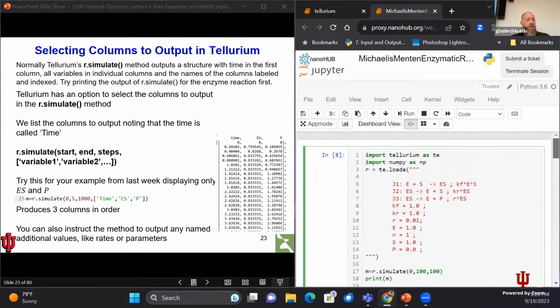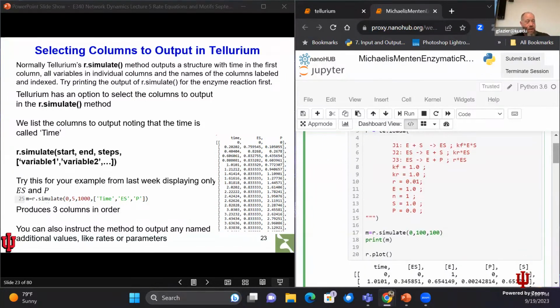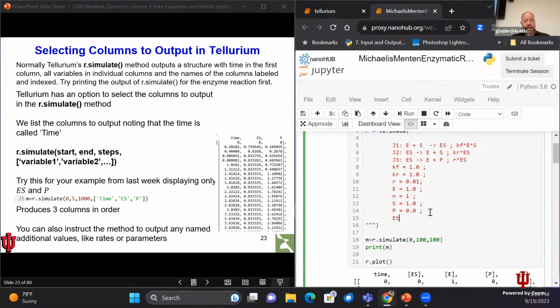The other thing that I can do, which I haven't talked about yet in antimony, is I could define a variable, say E total, and I haven't talked about the notation yet, but the notation colon equals,